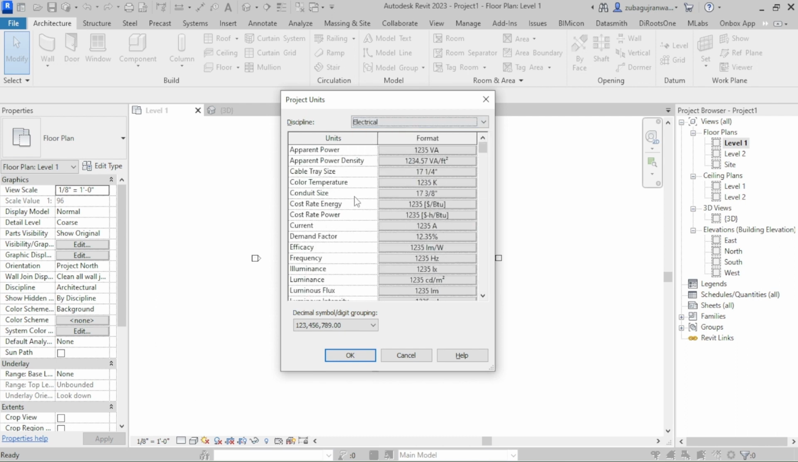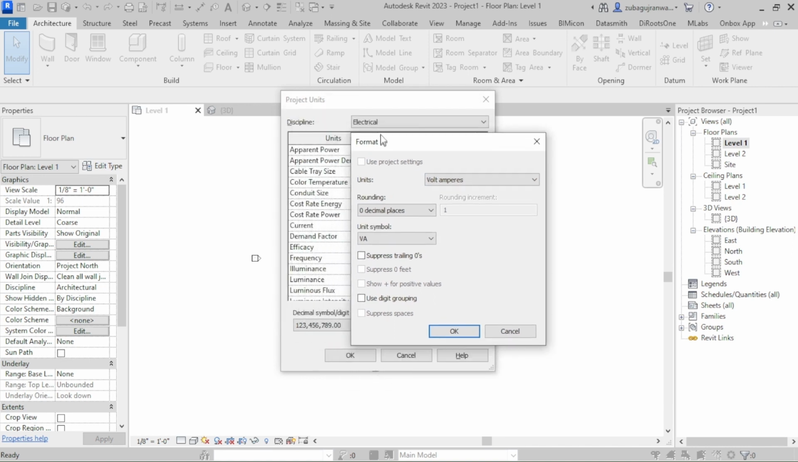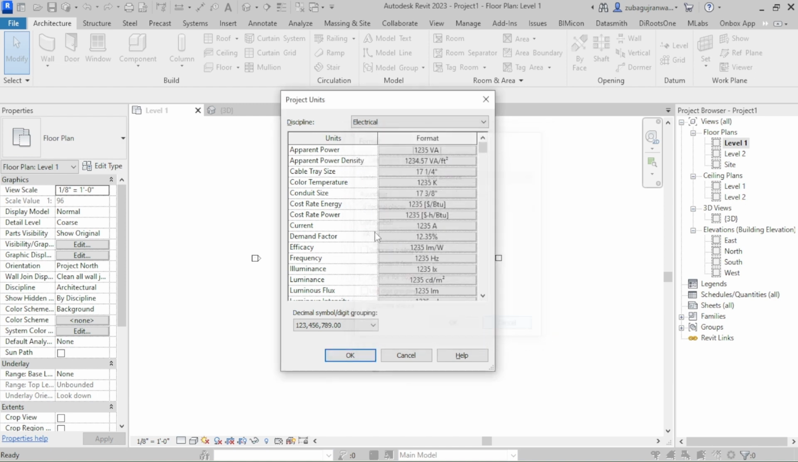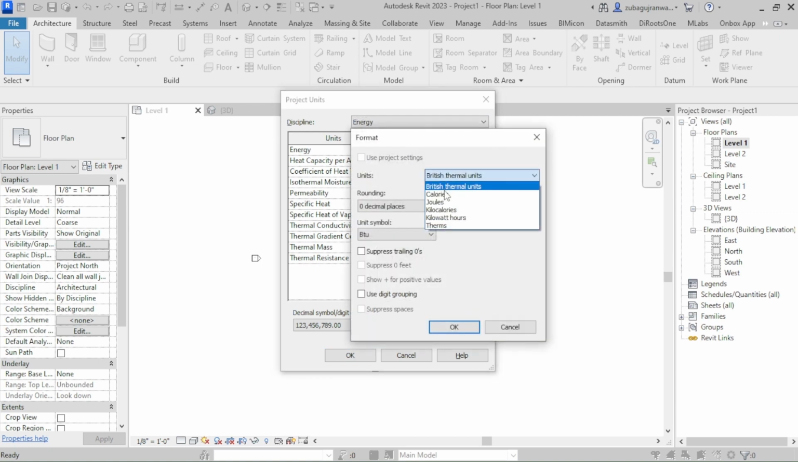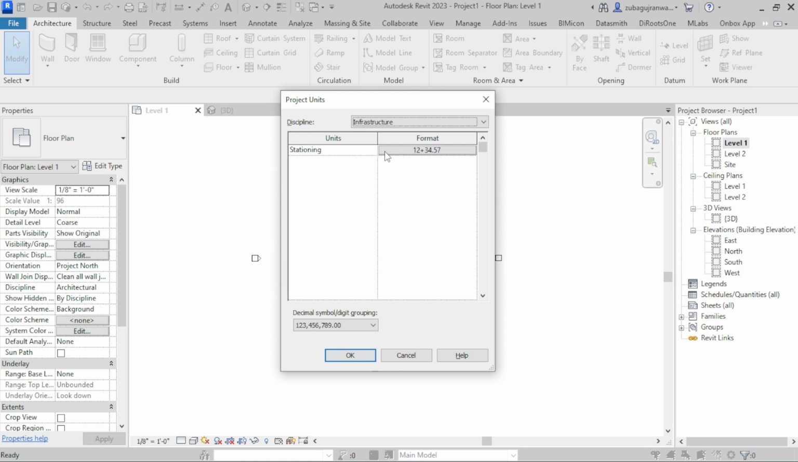These are the energy units or electrical units. Electrical units: power, flux, luminous, and these are other units. This is the unit for power, volt amperes, kilowatts, and these are the different units. Likewise, energy units, energy, whether you want to continue your project with calories, joules, kilowatts, and this is the specific heat, thermal mass or thermal resistance units, then the infrastructure units,